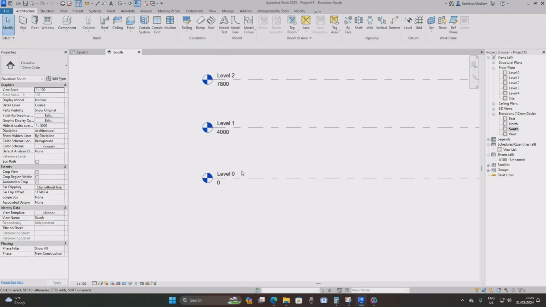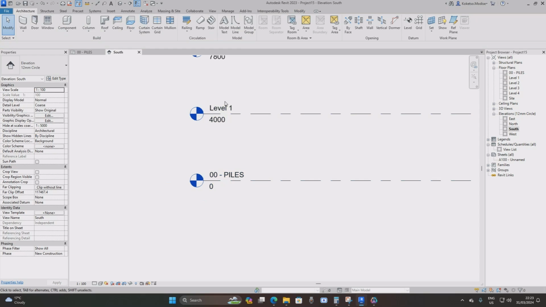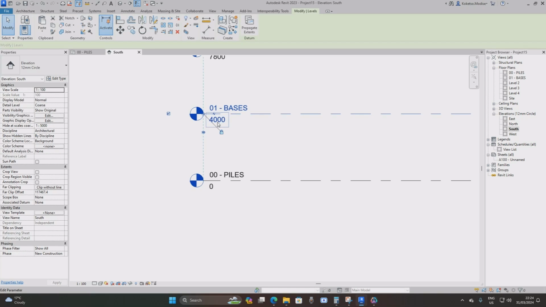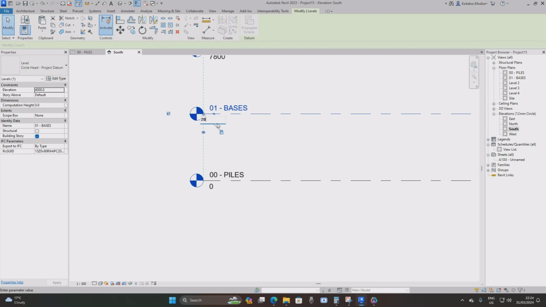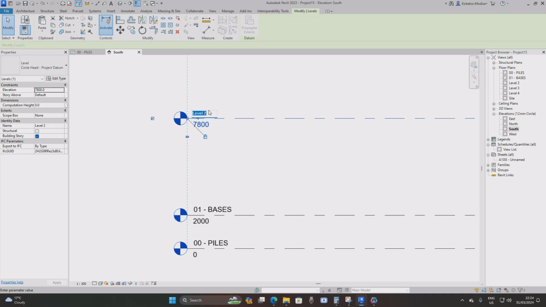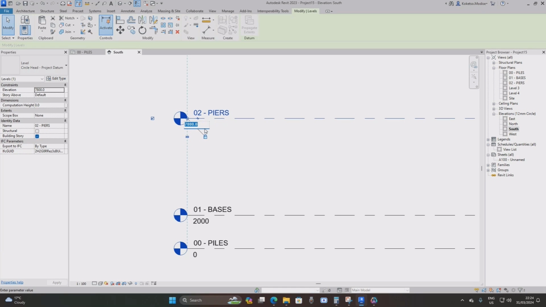And now starting with the level 0, I'm gonna rename it to 00 dash, and then I'm gonna name it piles, and then enter. And then level 1, I'm gonna name it 01 dash bases, enter. And then I'm gonna set the height to 2000 millimeters, enter. And then level 2, I'm gonna change it to 02 dash, and then I'm gonna name it PS, enter. And then I'm gonna set the offset to